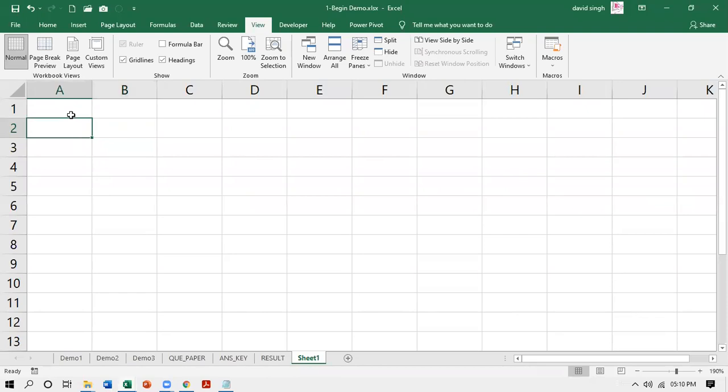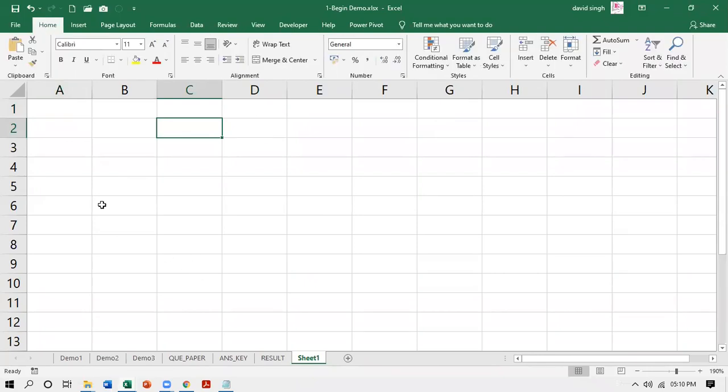There are two features. One is called data validation and another feature is called conditional formatting. These two are actually working together to give these effects. So here we go. The operations which we will try will be in cell C2. In cell C2, I'm going to put up my rules.